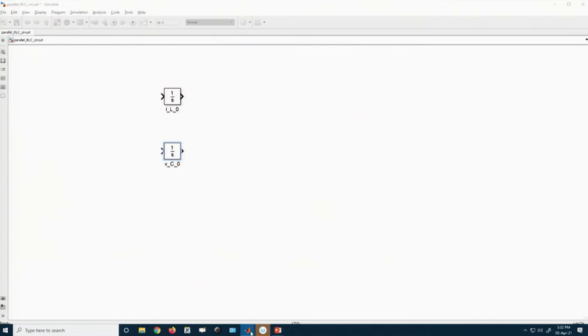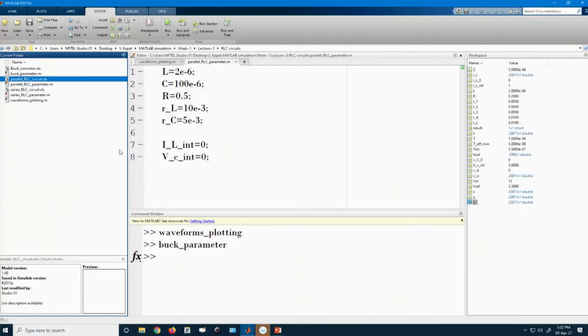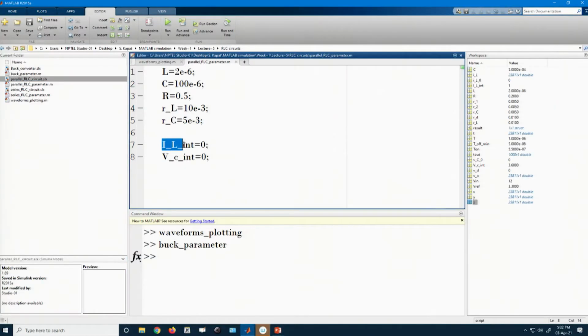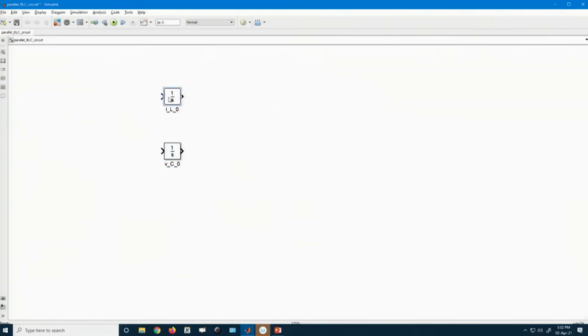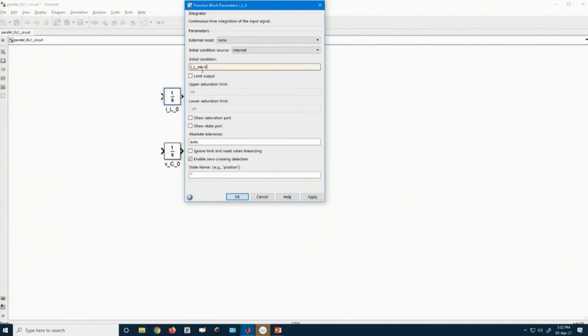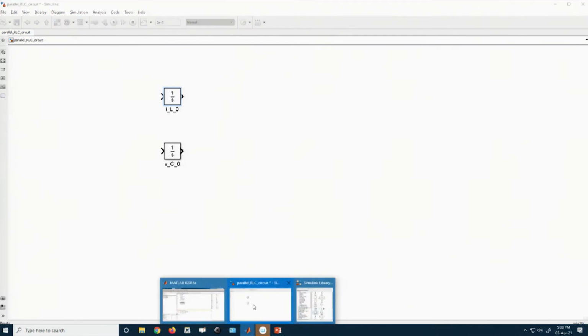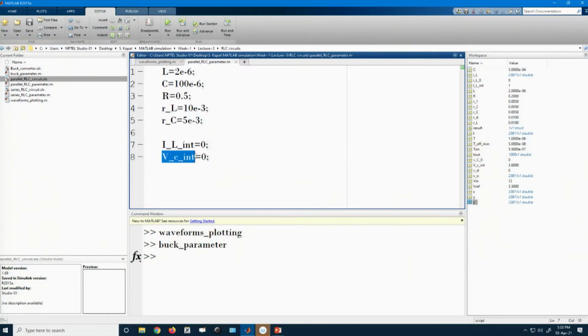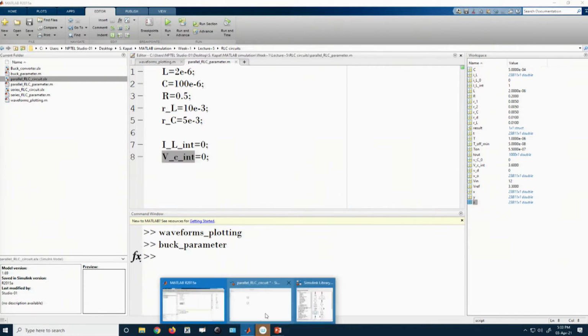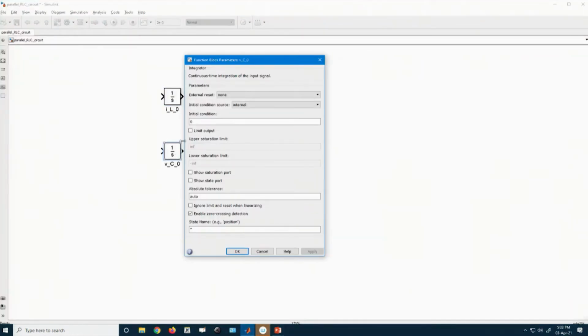And now, we have these initial values which are here. This initial value we will store here, and the other one we have this block that we want to store as an initial value for the capacitor.